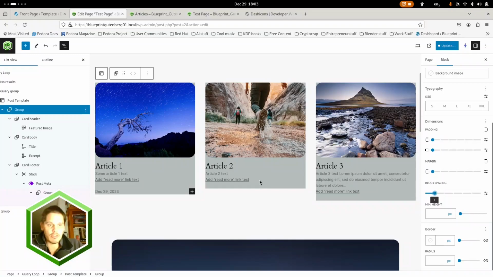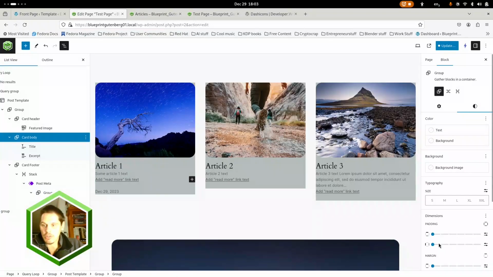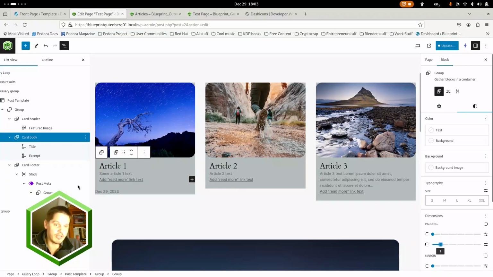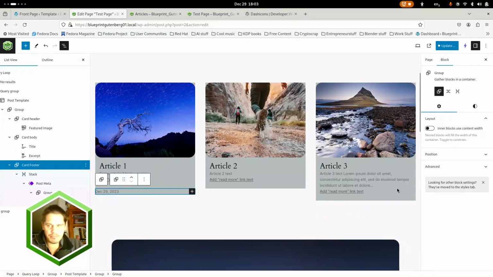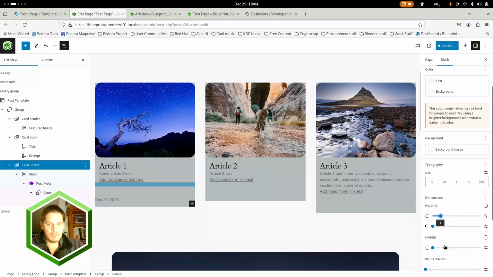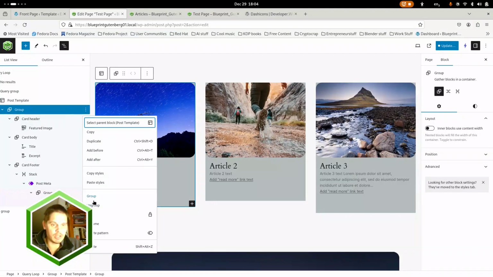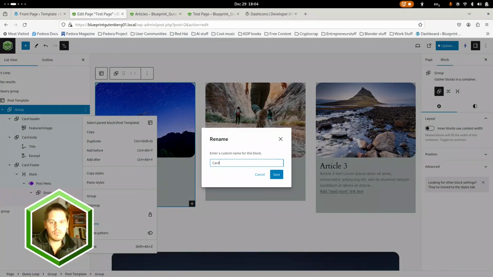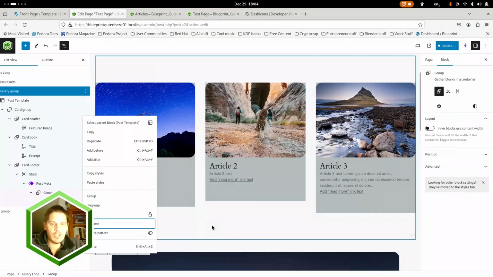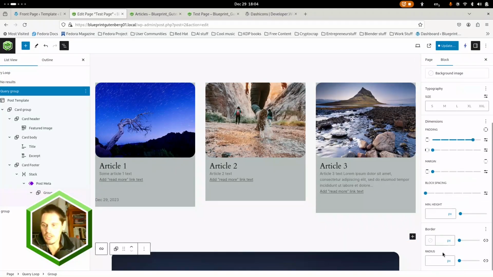Block spacing, I do want some block spacing, and for the card body I want some padding, most notably left and right. Maybe the same for the card footer. I also want a bit of padding. The reason I don't put padding in the main group, so let's rename this to be card, is because I want the featured image to be full width, and I'm also going to set the radius, and